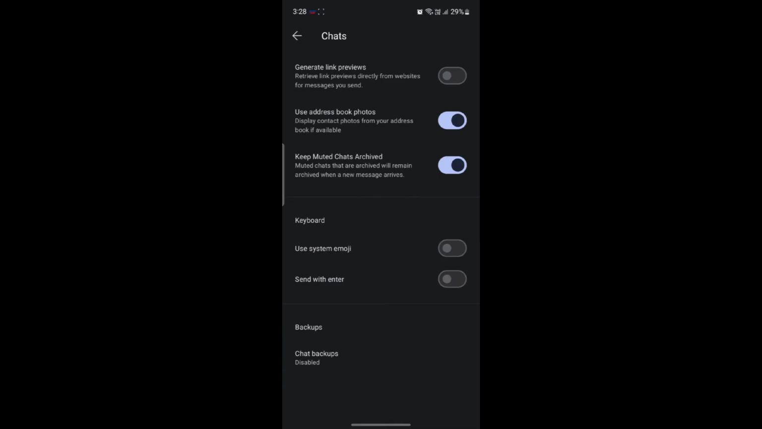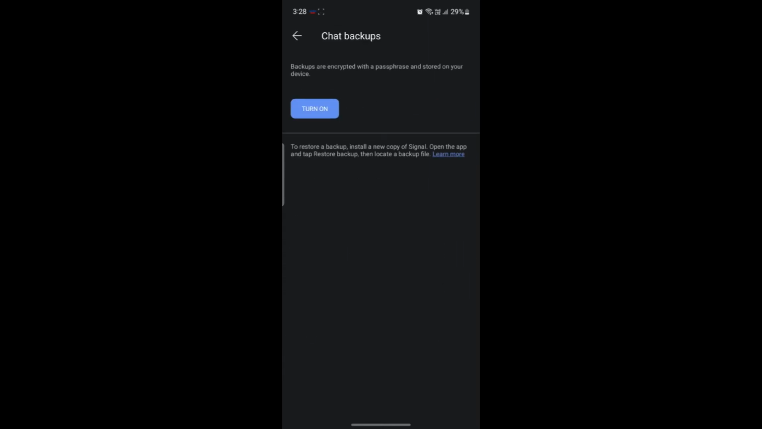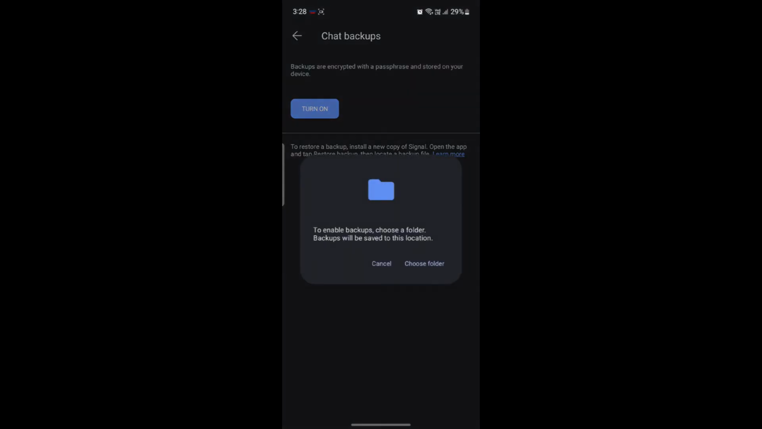After you go to chats, you can see at the end is backups. Right now the chat backups is currently disabled. If you want to enable it, you can do it with a single tap of your button. Go ahead and tap on it and you can see that backups are encrypted with a passphrase stored on your device. So if you want to turn on the backup, you can just go ahead and tap on turn on,